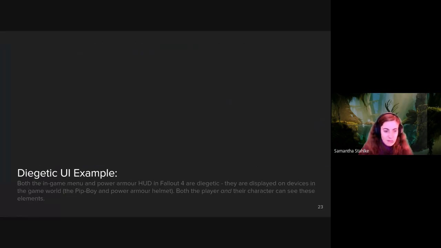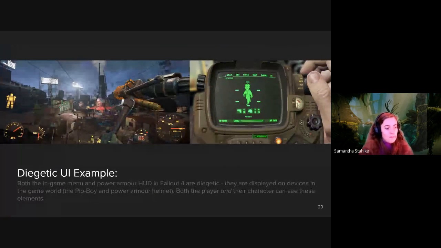Looking at the same game, an example of diegetic UI would be the HUD that comes on when you're wearing power armor, since it's actually supposed to be rendered as a hologram inside the helmet that the character is wearing. The character would be able to see those things that you're seeing on the screen. Maybe they'd look a little bit different. They'd be projected at a different angle or something, but your character would be able to see that. The Pip-Boy is another example. So it's a device that your character is physically wearing on their hand. If your character was actually staring at their wrist, they'd be able to see what you as the player were